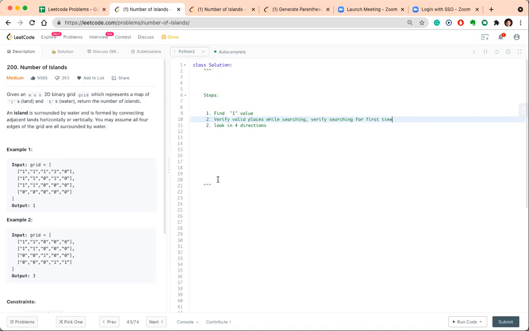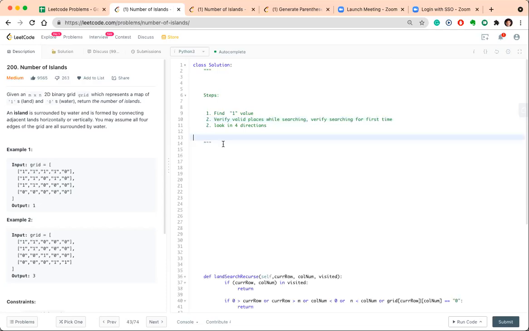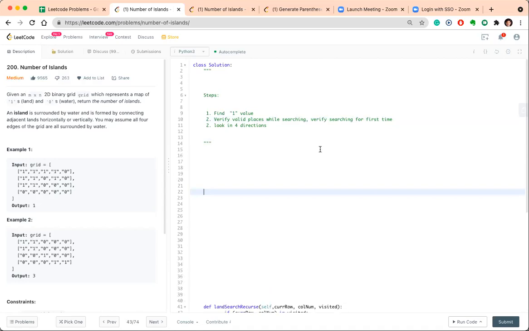That totally explains it in the form of a template. So in terms of steps, our base case or our final case could be: we have already searched everything. We initiate a recursion, a backtracking from one place, and we keep on searching until we exhaust all possibilities of search, right? As Aditya mentioned, if we are able to find everything in our visited, that means we have searched everything.